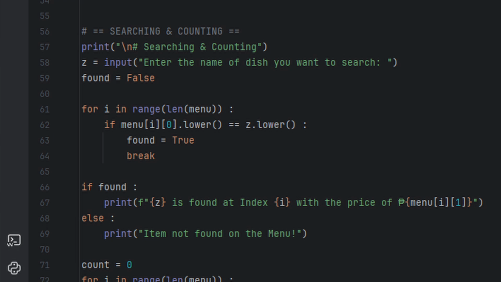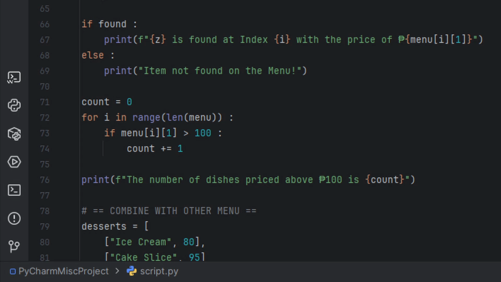which explains why we need that variable. Moving on, to count every dish that is priced above 100, we first initialize the count variable to count the number of dishes and use the for loop to search through each element. We again use the double bracket, similar to earlier, but now we use a second bracket which grabs the price to compare if it's more than 100. Every time it does, we add 1 to our counter variable, and this goes on until it has searched through the whole set. Lastly, it prints how many dishes it counted that are priced over 100.